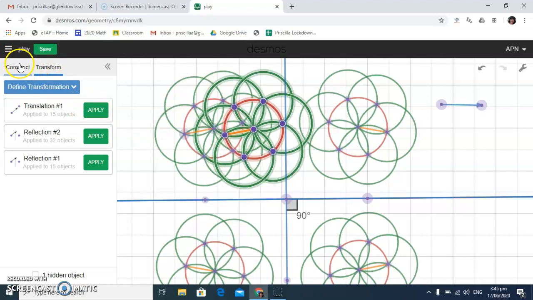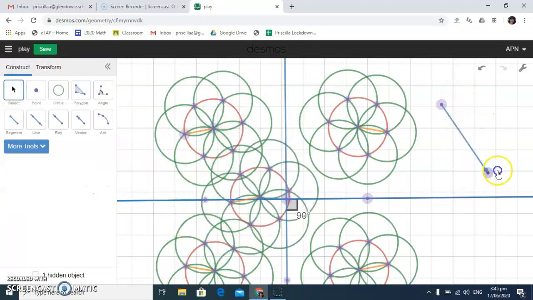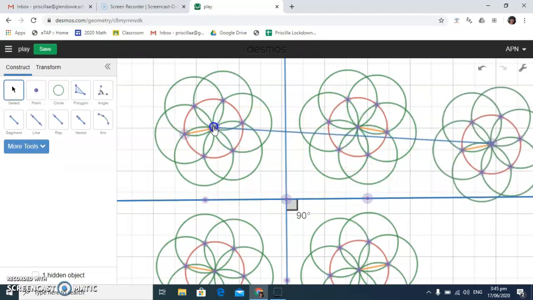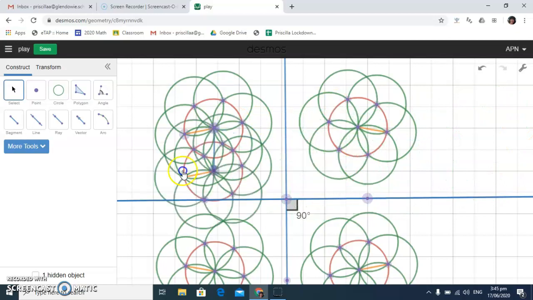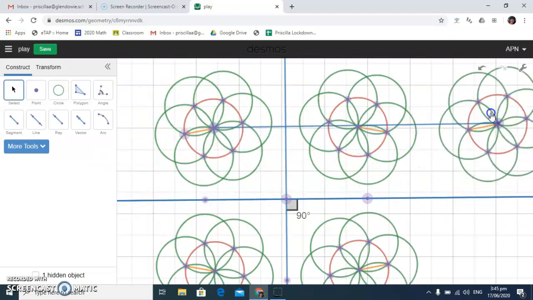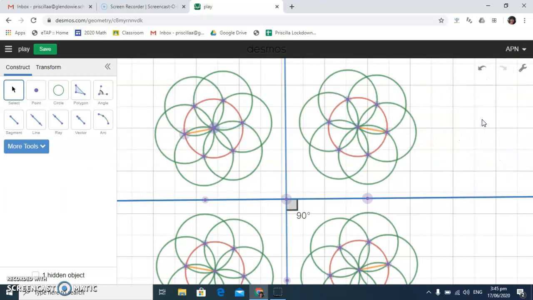So now you can see, if I go back to construct and back to select, I can move this around. Now it might be easier to see if I put that in the center. Alright, and so you can kind of see that that vector is moving that image around. So I'm going to delete that, so I'm back to what I got. Okay,